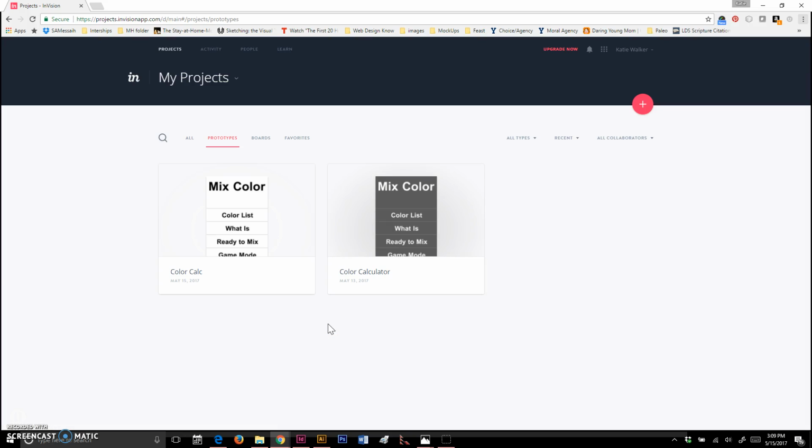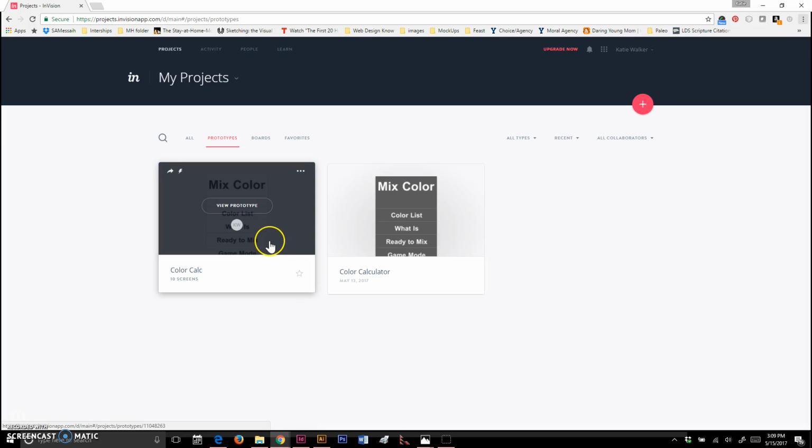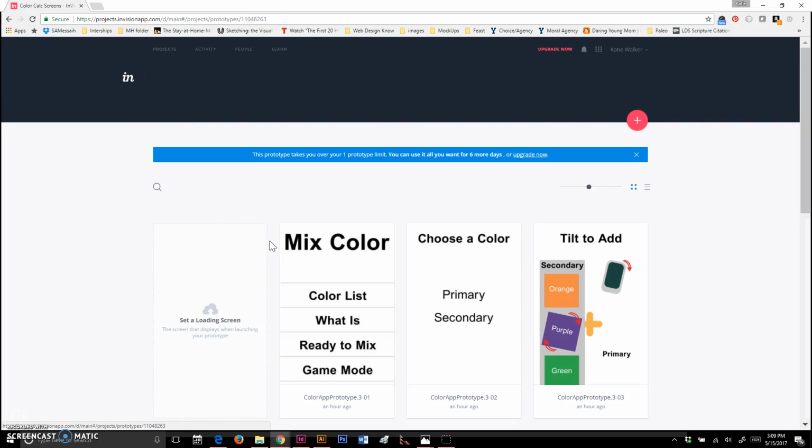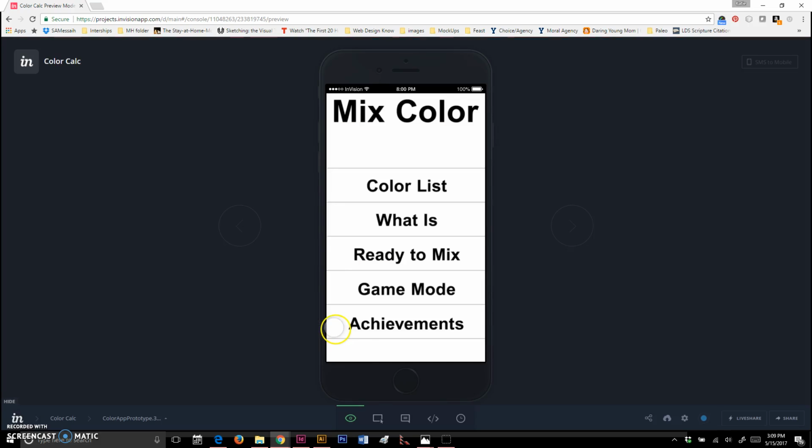I showed you what it would look like with the dark background in Illustrator, and I'm going to use this prototype I created with the lighter color to show you how this would work. So here we are. This is the home page. I'm still not feeling just a single color because it is a color app. However, I understand that it's a color app, but you don't have to use all the colors. So I'm not touching that, but to show you some of the things that it can do, we'll click on